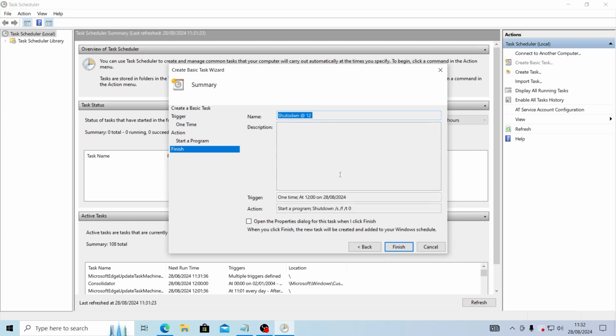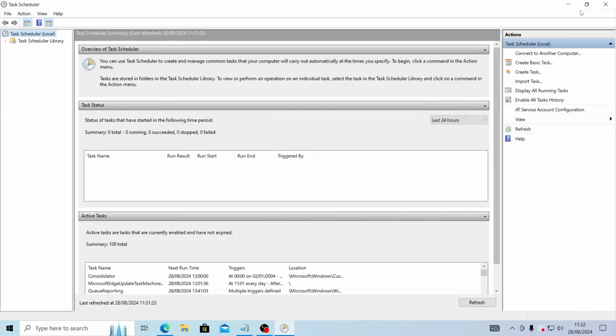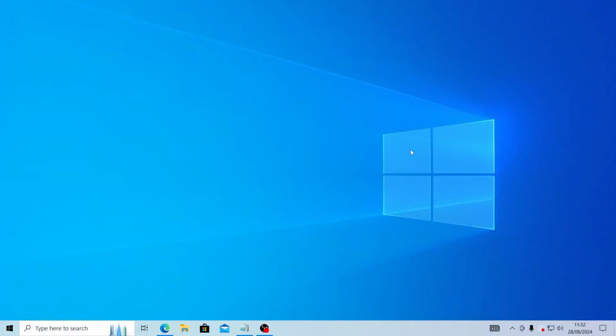Then just see all this and check if the time is correct and click on Finish. And then you can just close this. And we have successfully scheduled the shutdown time. Now our PC will automatically shut down at our set time. And that is how to schedule auto shutdown in Windows 10 laptop or desktop